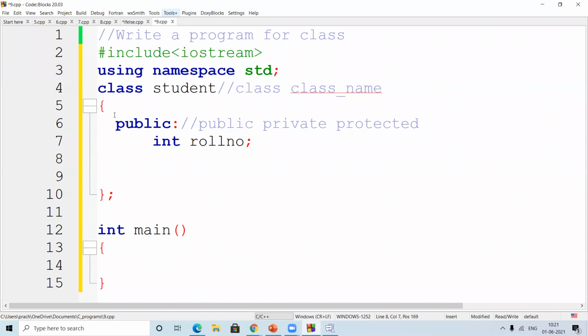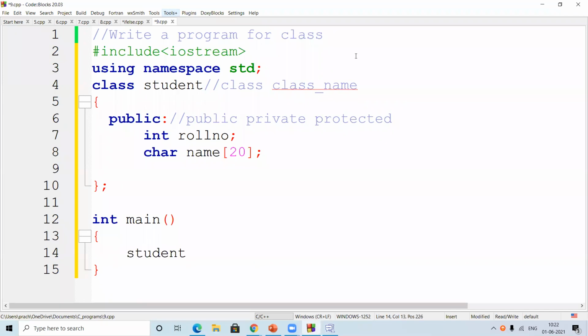See, what do we have to do? We use the name you gave to the class here, the class name, student, and then mention any name, whichever.